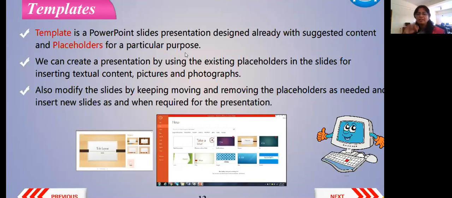Also you have one column at the left hand side and one row on the top of your pages. Why do we have it on the top? We write titles, the name of the chapter, the name of the topic. Then at the intersection of the column and row there is one section wherein you can write your date also. That is also designed for you.